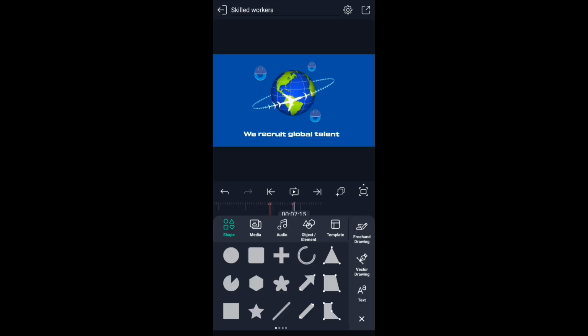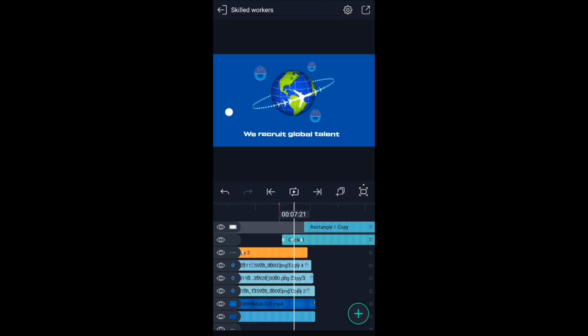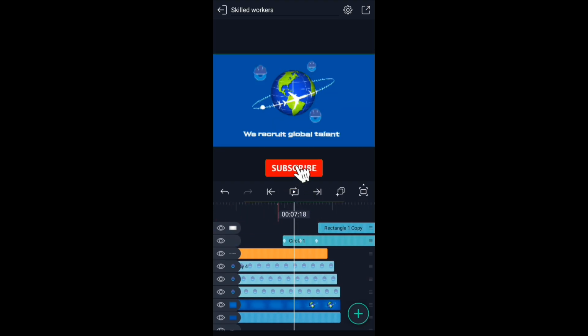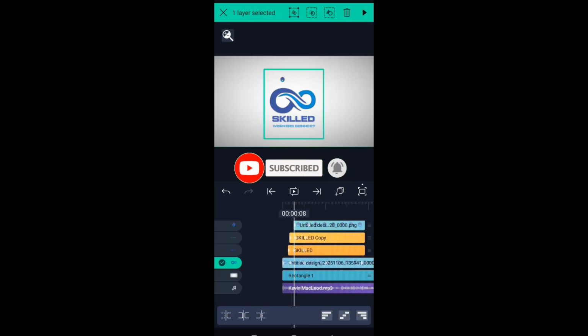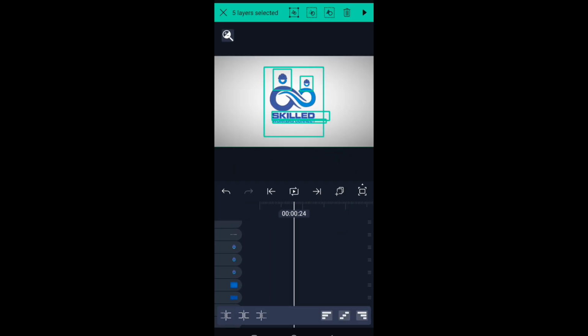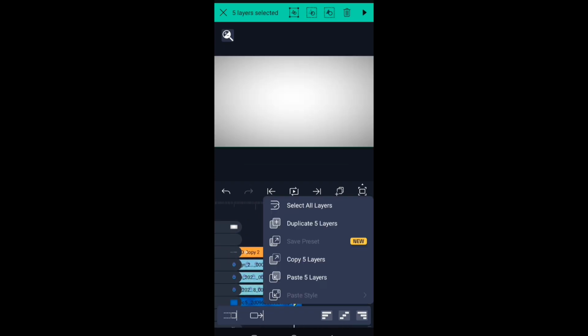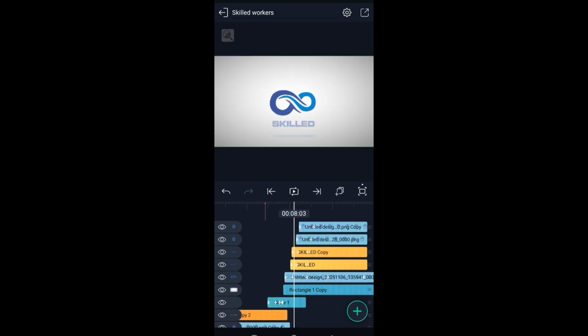As soon as I did that, the transition is going to bring the logo again, so I thought of waiting for the plane to make an orbit. Then as soon as it's complete, I'm going to make a circle pop off, then it's going to cover the screen and make the transition. So I did that, and after doing so, I brought the company logos again and made them animated. So I had to copy the ones I made before. I just copied the layers in Alight Motion, then pasted them,